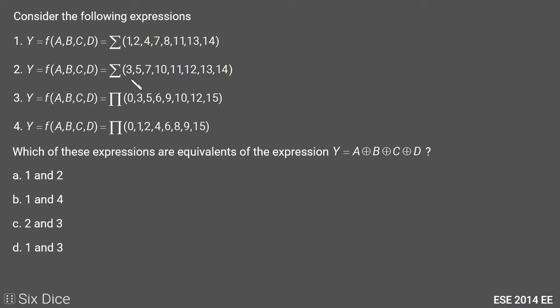Whichever minterms are not present in option 2 are present as maxterms in option 4, and whichever maxterms are not present in option 4 are present in option 2. So there are only two possibilities for the answer: either first and third are true, or second and fourth are true. We can already eliminate some of the options. First and fourth cannot be true because second and fourth give the same answer, and first and third give the same answer. So first and third is one answer.